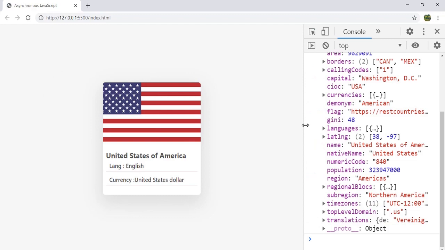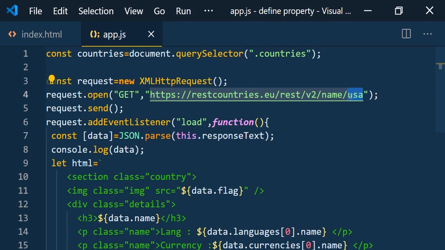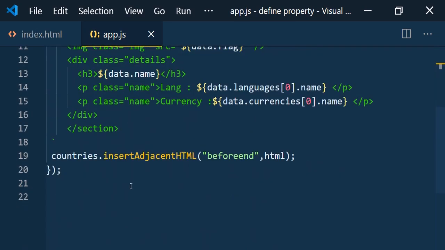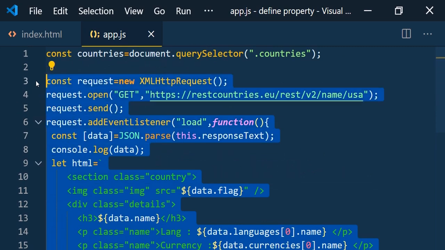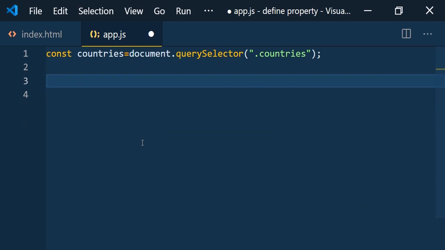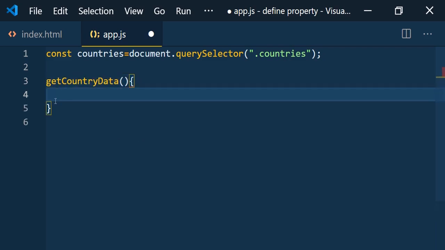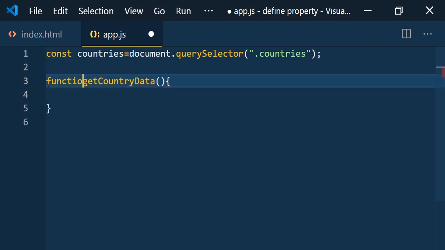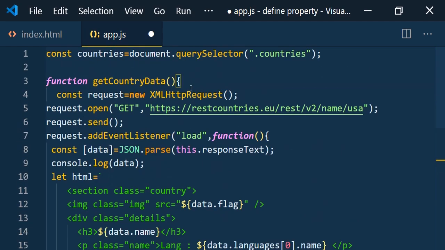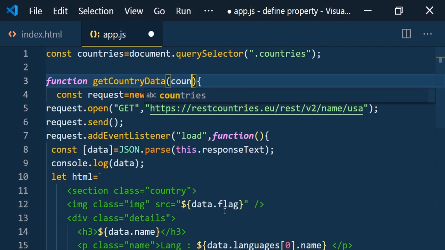But as part of the demonstration, I am just printing only two values. Here we are just hard coding the country name. Instead of that, if we can make this code reusable, that will be very good. So let's copy this entire code, cut it, and create one function like getCountryData